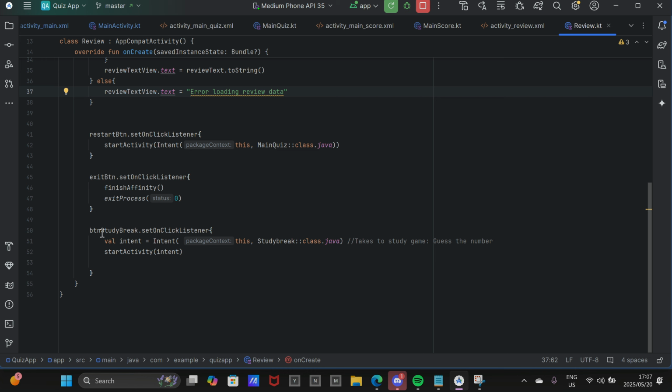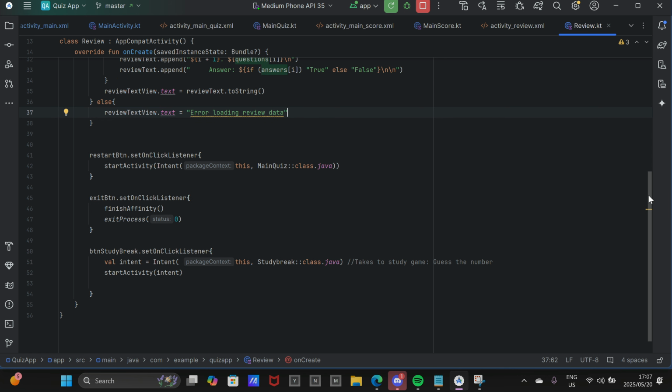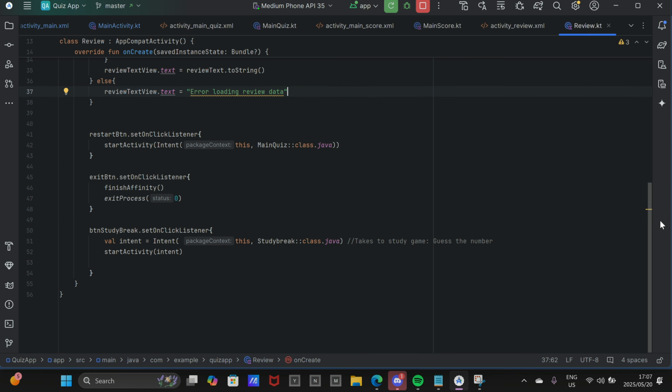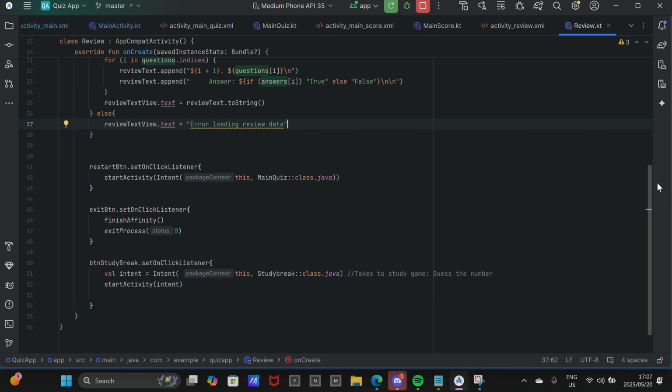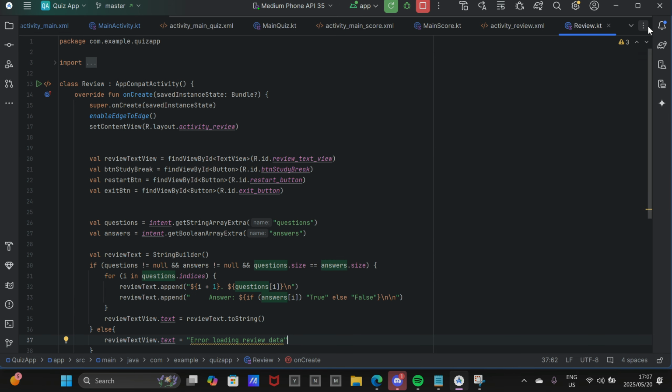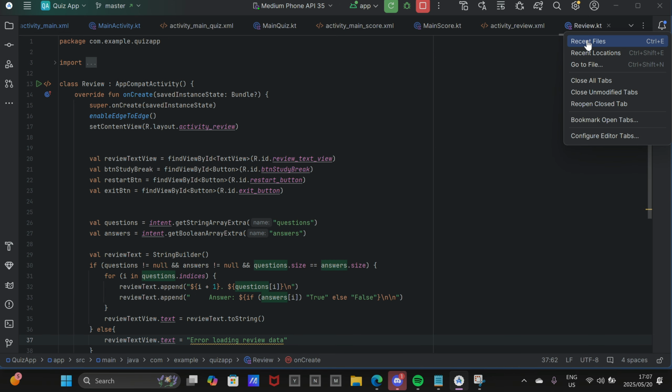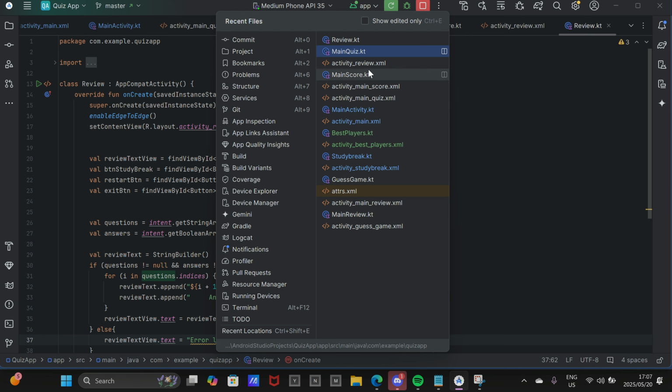thing to pass the time, hence I call it study break, in case you want to stay, what's the best word to describe it, if you just want to continue being active but you don't want to take the quiz again, so that's the best way. Then from review, if you clicked on it, you'll go to study break. So let's find the XML